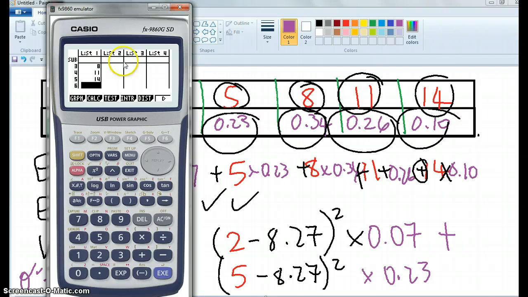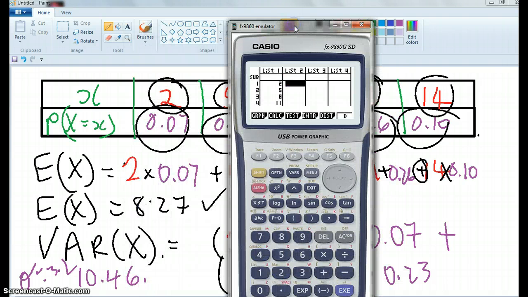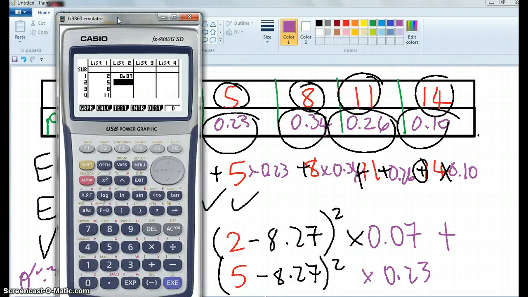But these are the probabilities of it happening, aren't they? So that doesn't really work. Yeah, list 2, but it's the probability: 0.07, 0.23, 0.34, 0.26, 0.1. And if I go calc,